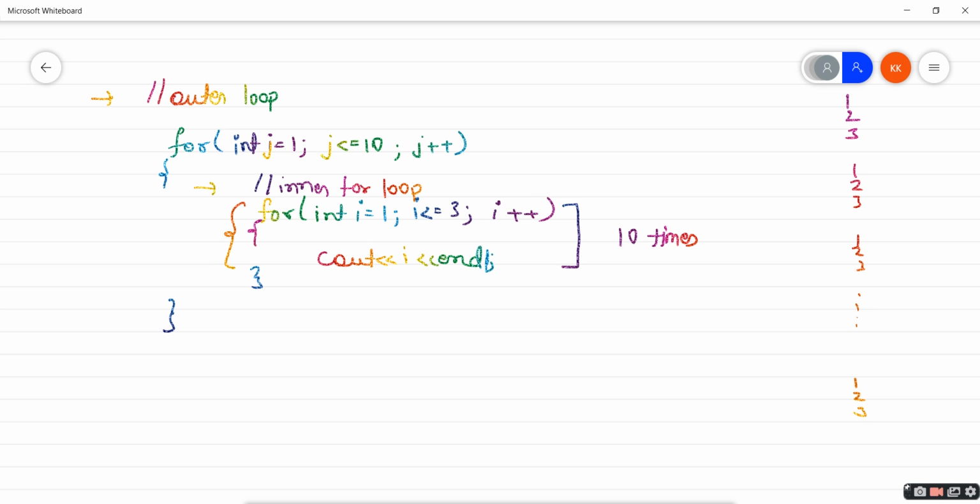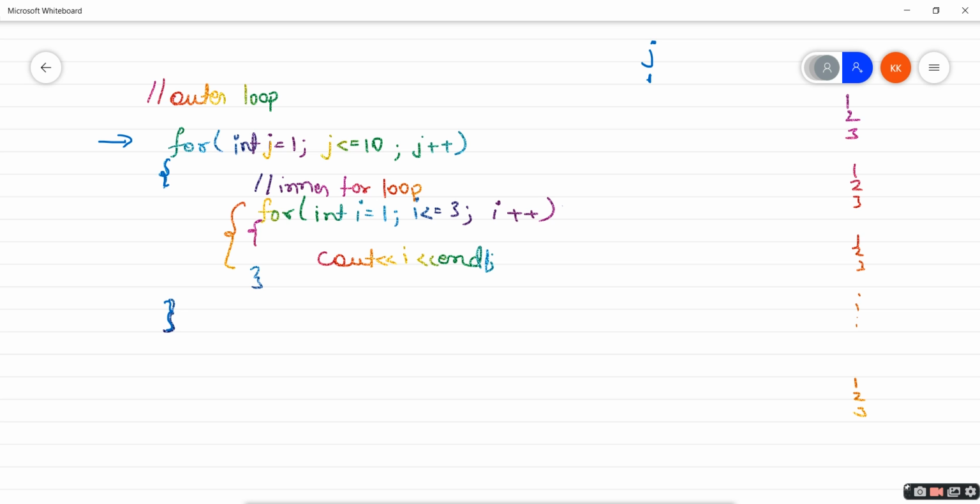What exactly is happening here? Let's have a short trial run for this. Whenever the compiler compiles this program, first of all it will come to this for loop. In this for loop we have a variable called j initialized with 1, and j is less than or equals to 10. When this statement becomes true, whatever is inside, whether a for loop or a while loop, is going to be completed, right?